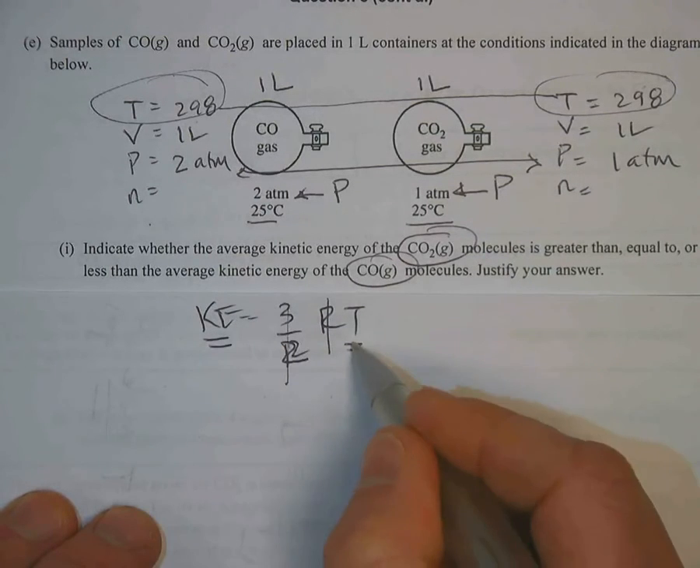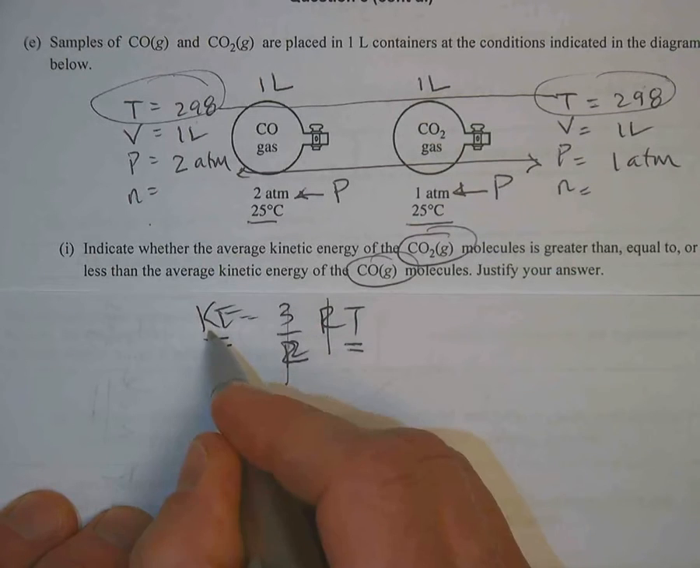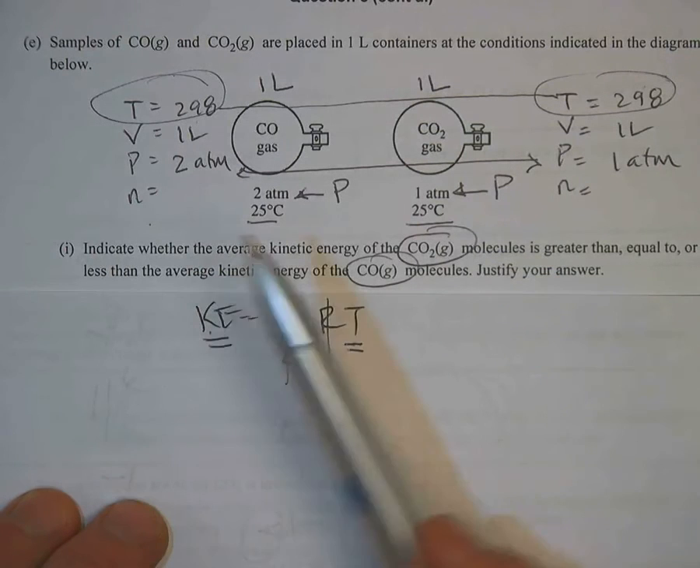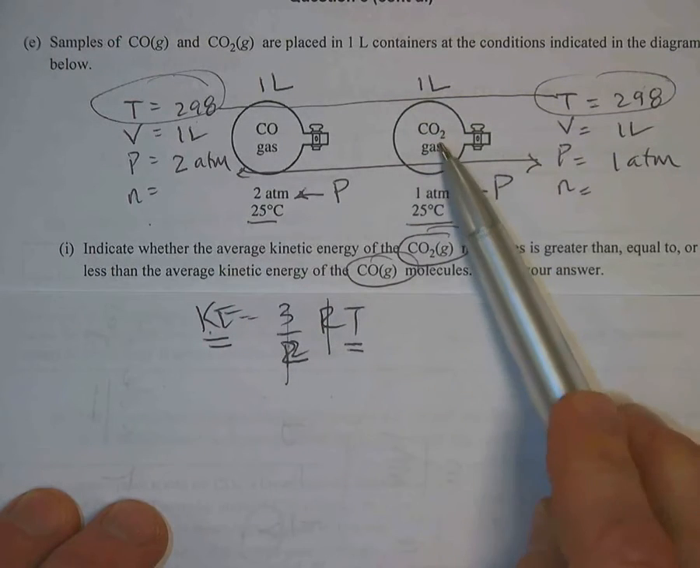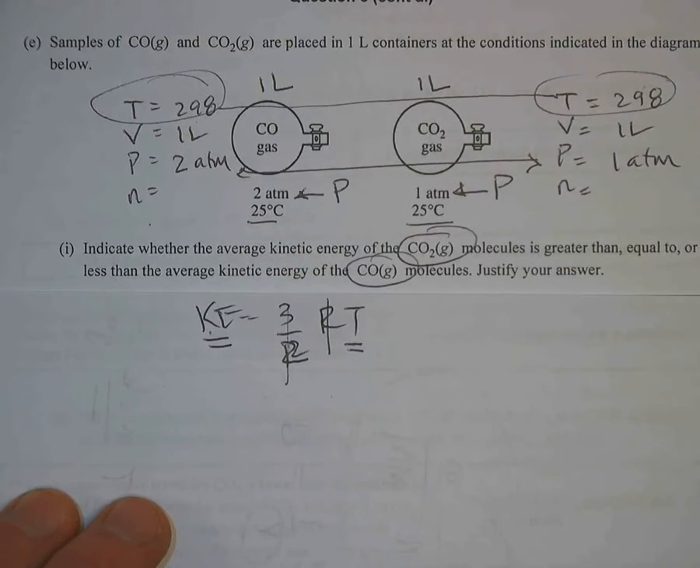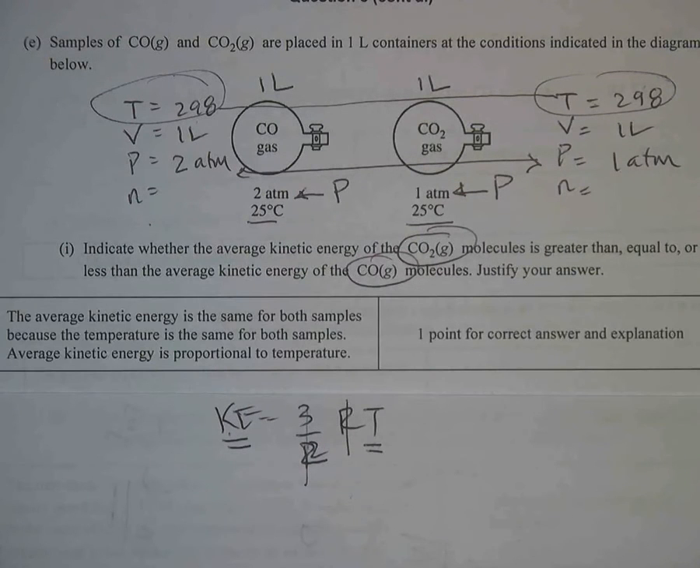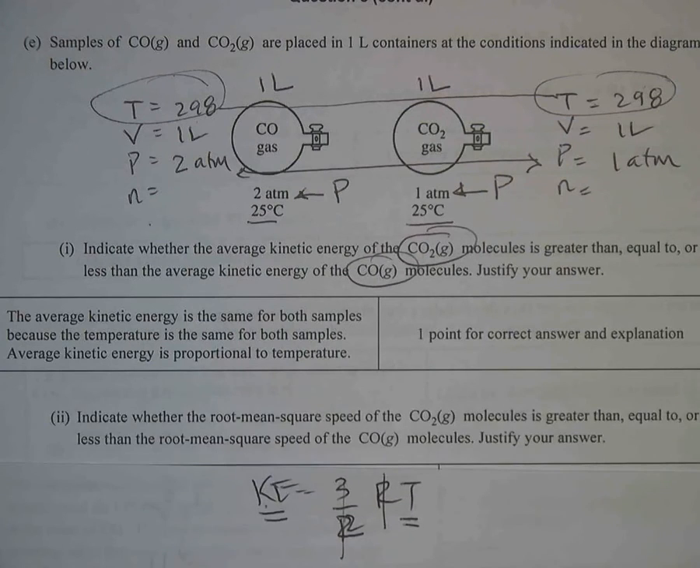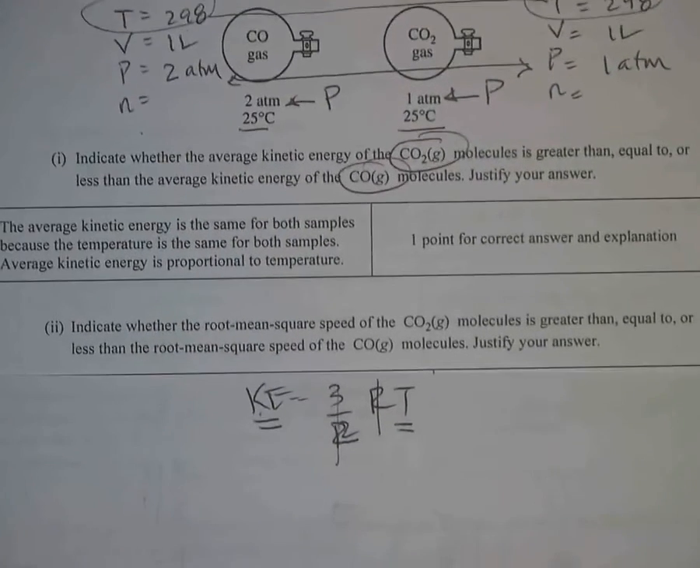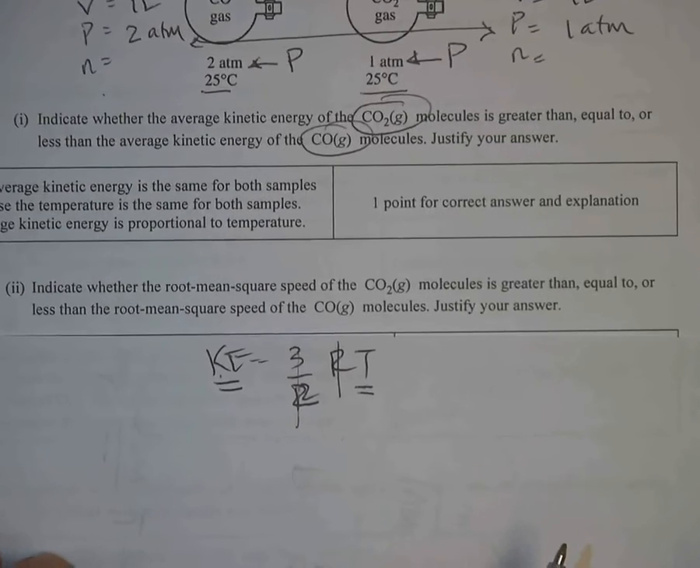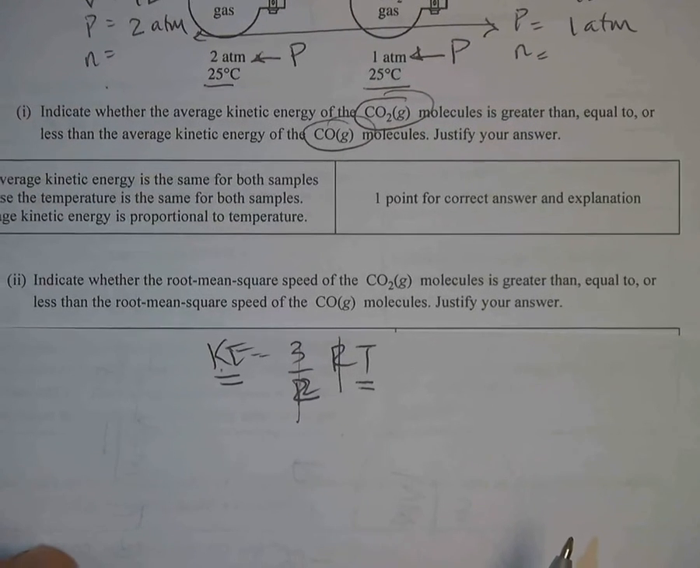So as long as the temperature is constant or the same, the kinetic energy is also the same. And it doesn't matter what kind of gas we have, as long as it is a gas. Okay? So their answer: the average kinetic energy is the same for both samples because the temperature is the same. Question number 2, indicate whether the root mean square speed of the CO2 molecules is greater than, less than, or